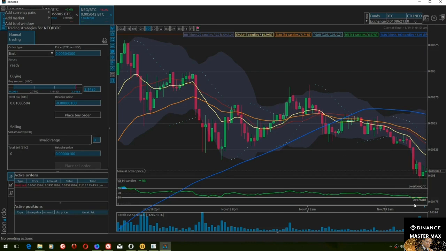And as you can see here, right now this would be a good investment, a good trade. At this point, if I was to trade on this platform, it would be a good time to buy, because look, it's below the oversold line, although it doesn't want to break it, but it's below the 30 line, so buying signal. The exponential moving average, so the yellow line, is way below